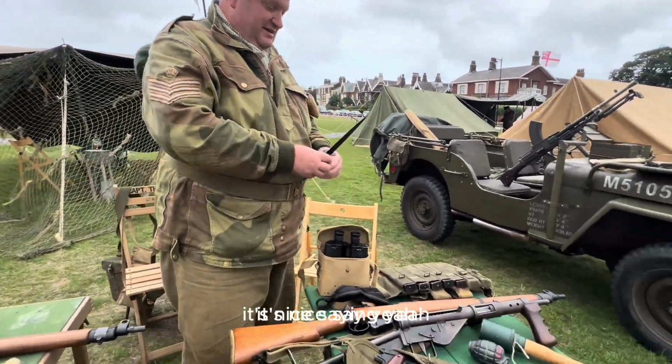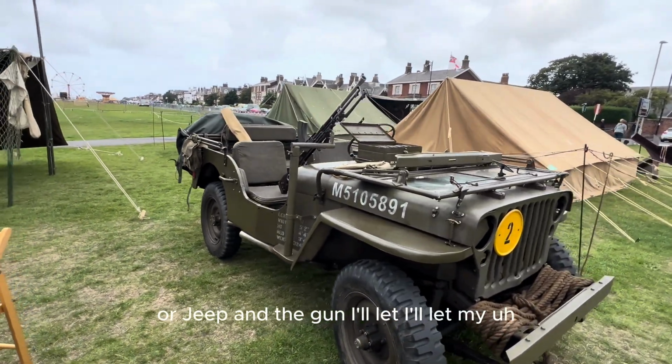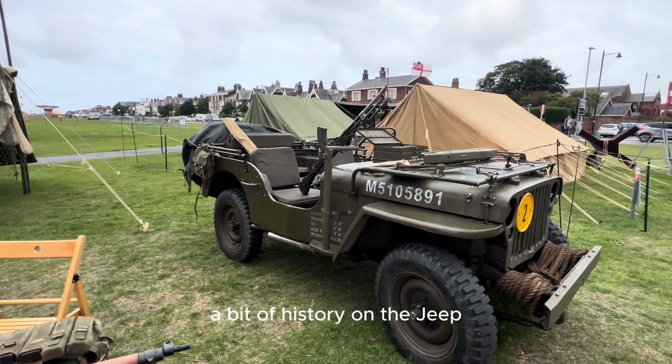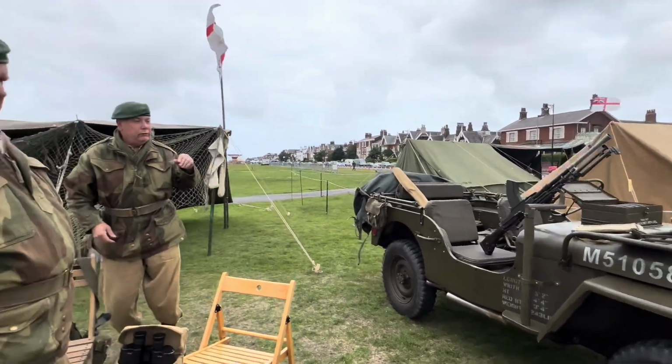Yeah, it's nice. And what about the history of this Jeep? The old Jeep and the gun? I'll let my compatriot tell you about this because he knows more about it. A bit of history on the Jeep. All right, yeah. That was the Jeeps that the Americans...